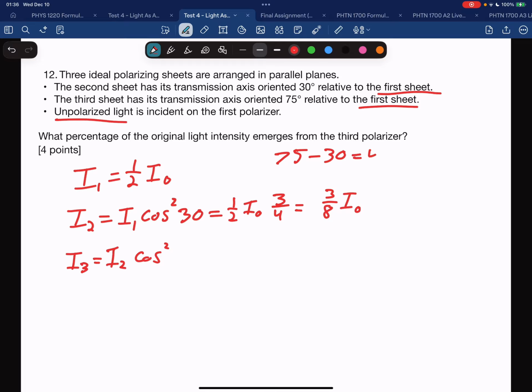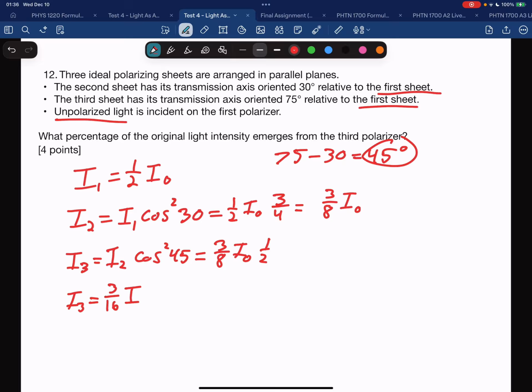So there's a 45-degree difference between these two. So you don't just take 75, you take 45. And plugging in, we get 3/8 I0 for I2. And the cosine squared of 45 is just 1/2. So I3 is equal to